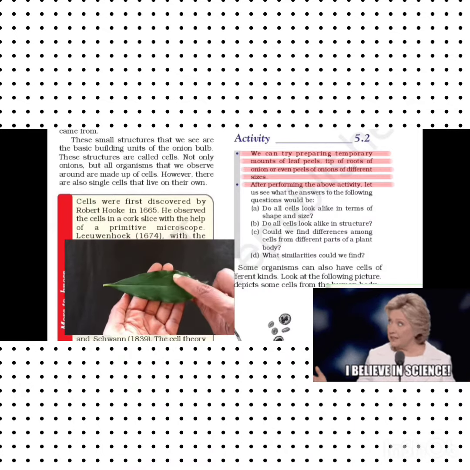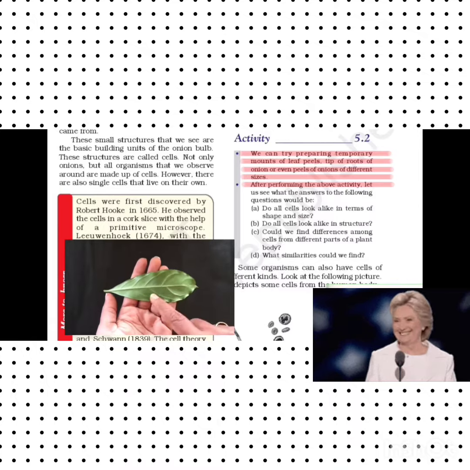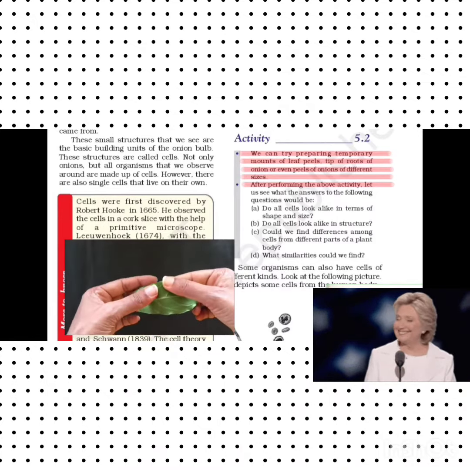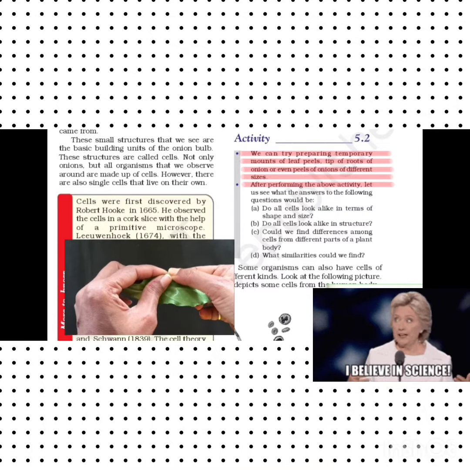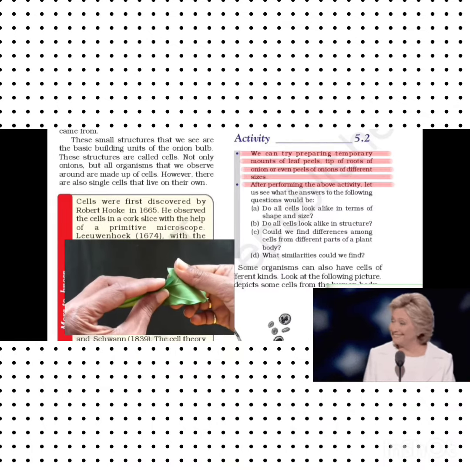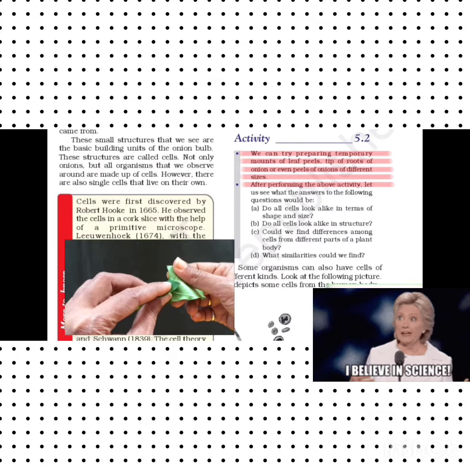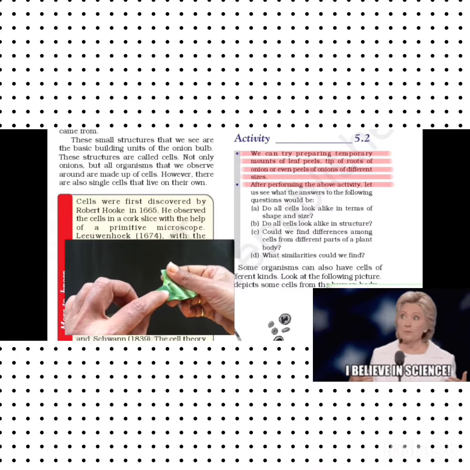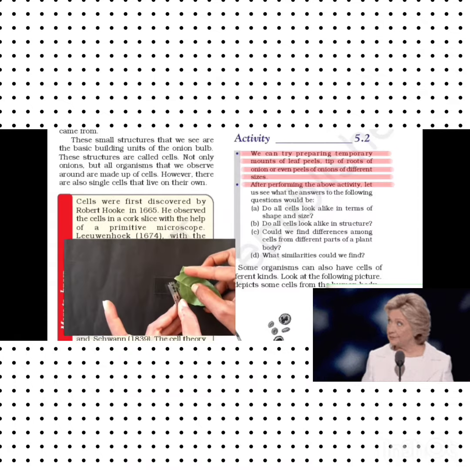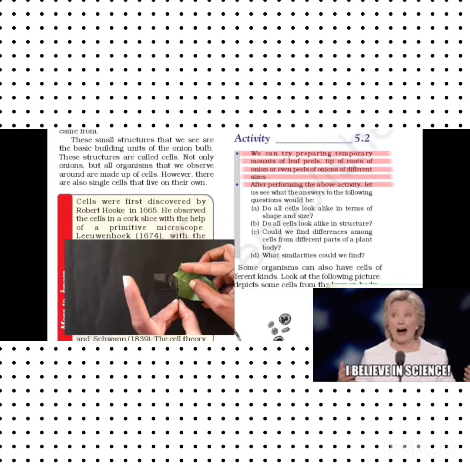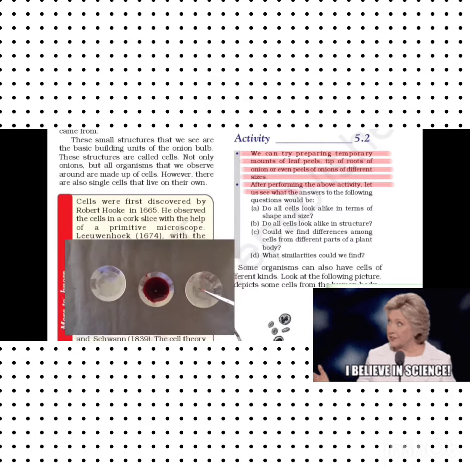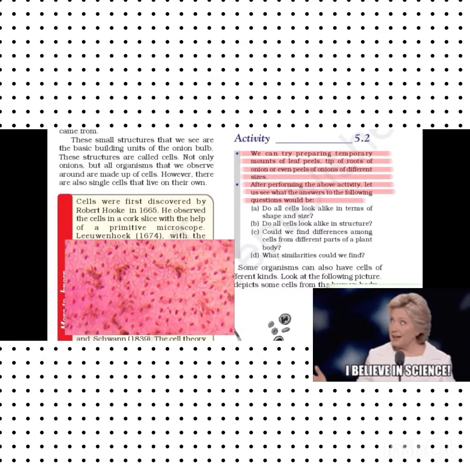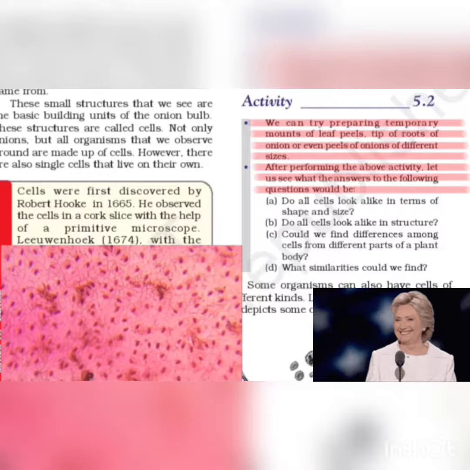Take an onion bulb and take out epidermis from it with the help of a pair of forceps. We will put it in the watch glass filled with water so that the peel does not dry. We will apply safranin solution, which is a dye, on the peel after putting it on a slide so we can see it clearly. Put a cover slip on the slide. Take care to put the cover slip so that bubbles are not there on the cells. Then we will observe it under the microscope.